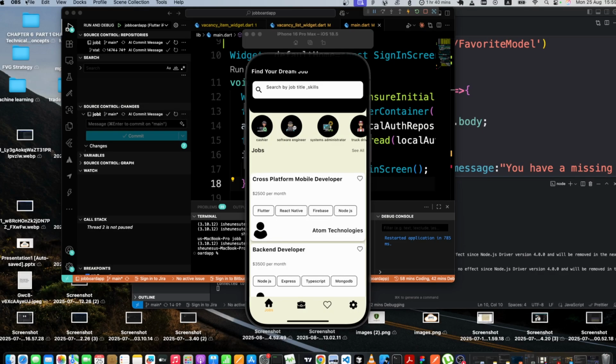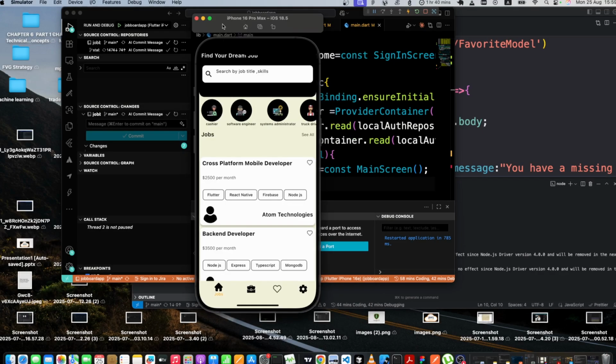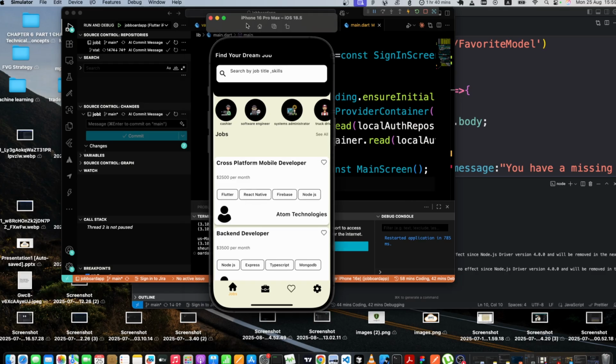So in this video we are going to continue with our job board application using Flutter, and then we are going to be integrating our backend that we created using Express.js and MongoDB. So in this video we are going to be working on displaying vacancies by category, right? By their category, right? As you can see, if I go into the software engineering category, you can see that